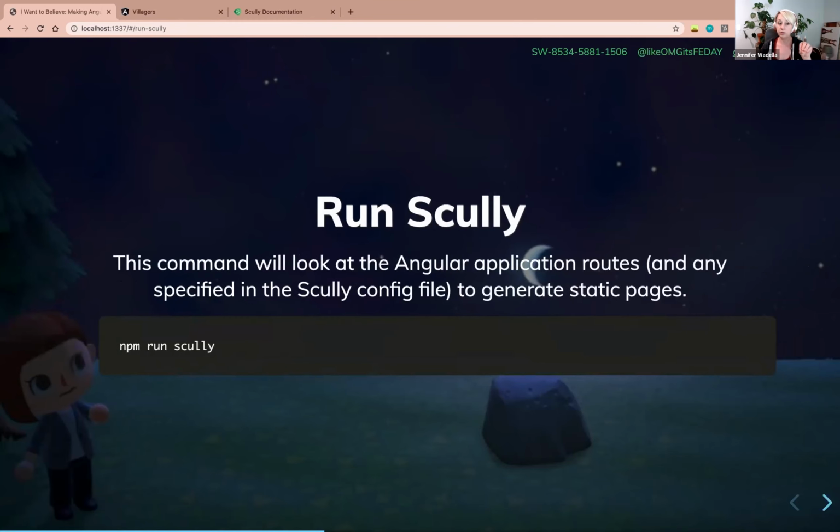All right, from there, we are going to run the command npm run scully. And so this is going to do a couple things. One, it's going to look at our Angular application routes. And then it's going to try and spin up all of those routes. It's going to serve the application from the dist folder. It's going to try and hit all those routes. And then essentially what it's going to do is use Puppeteer to spin this up and kind of scrape everything rendering. So it's going to navigate to each of these routes provided, and then it's going to capture everything that's on that page, copy all that markup, and then slap it where it's being served for our pre-rendered version.